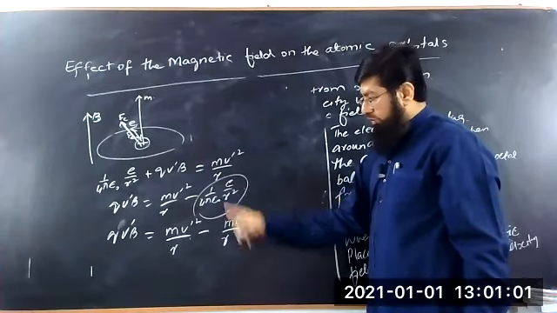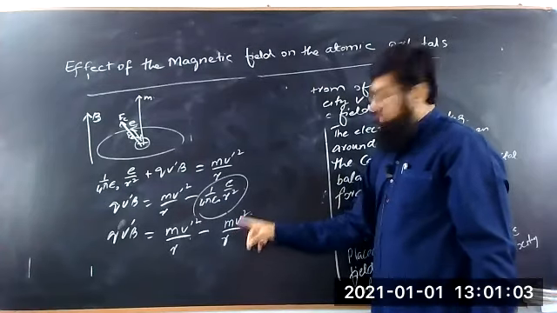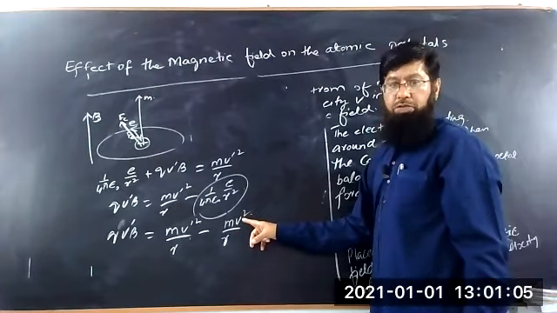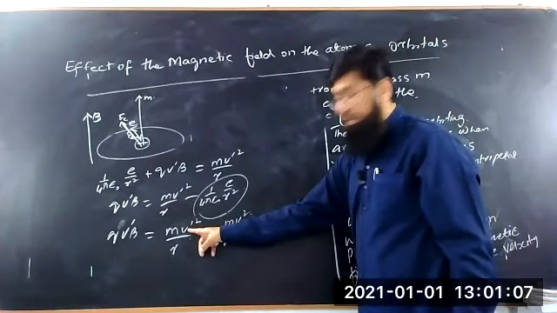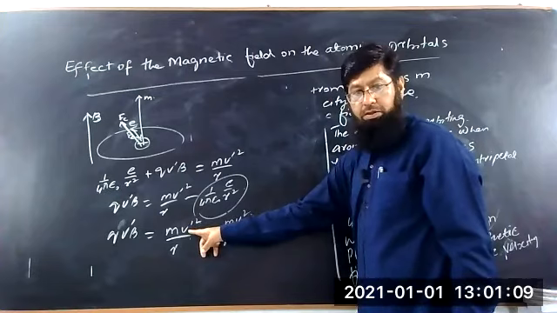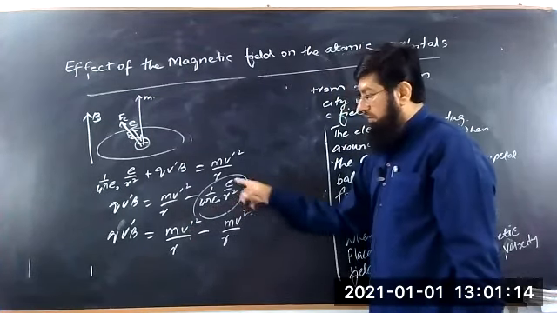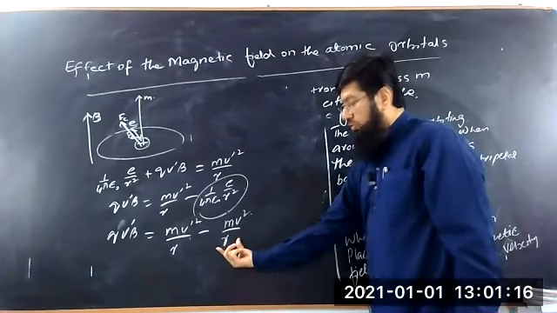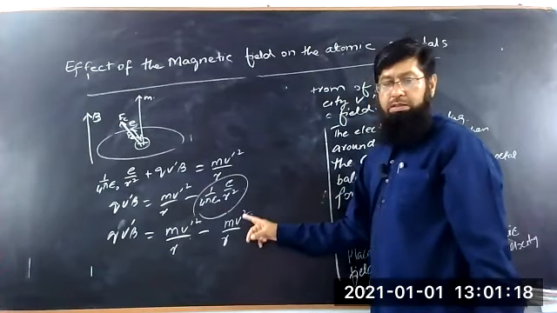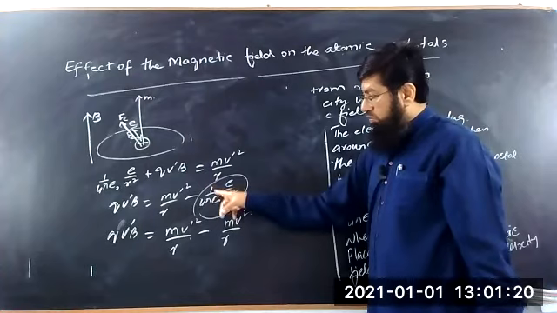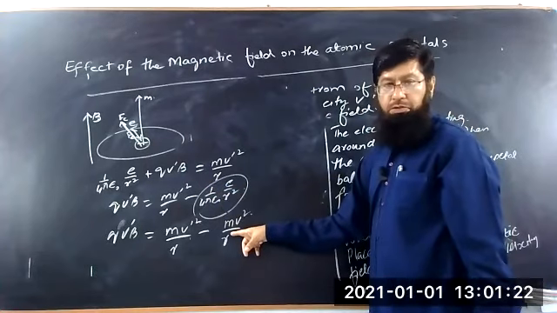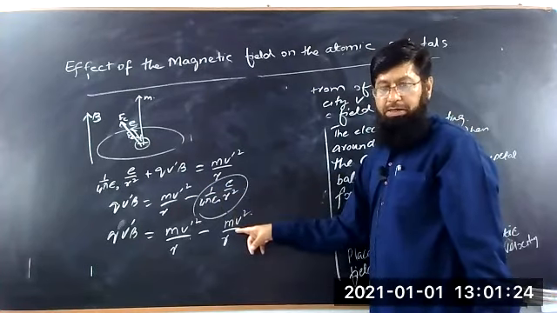And this Coulomb force is equal to the centripetal force. Here we have V, the original velocity. Here we have V dash in the presence of the magnetic field. So now instead of 1 upon 4 pi epsilon naught e squared upon R square, we have substituted the value of centripetal force, because the Coulomb force is balanced by the centripetal force in the absence of the magnetic field.